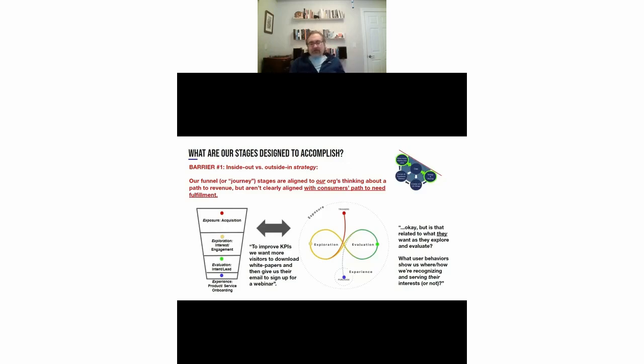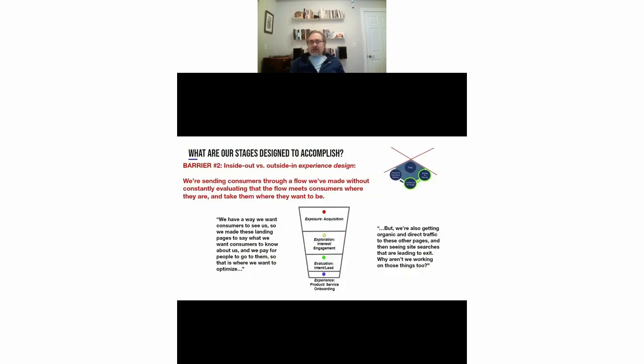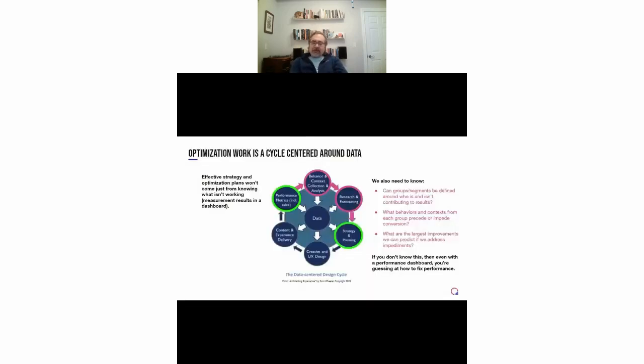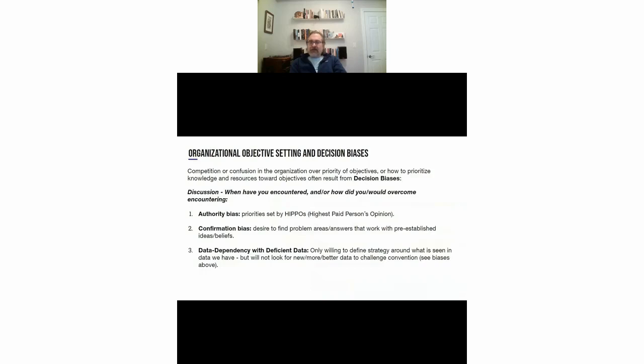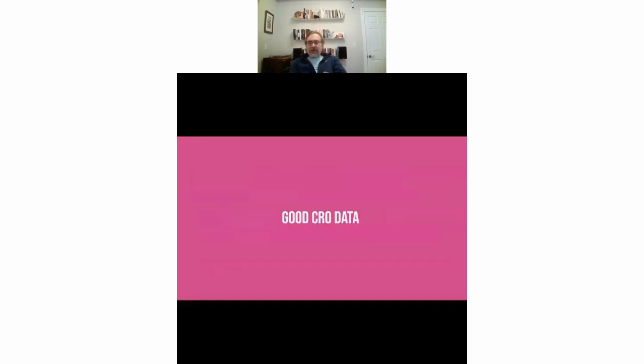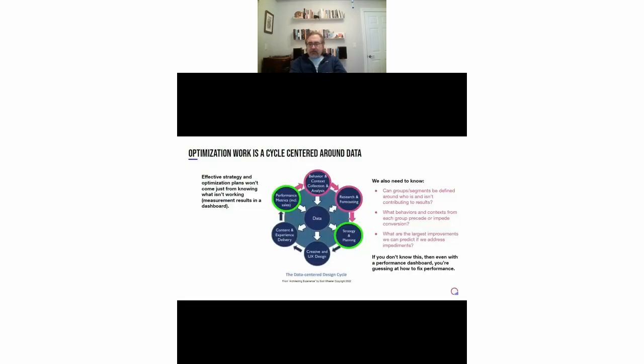So in some cases, it'll seem like overkill, right? In some cases, there won't even be the data. It'll just be, no, we decided at the beginning of the year that we were making this investment in these landing pages. So that's where we're optimizing. So, the way to overcome these problems, authority bias, confirmation bias, data dependency, is from starting from the bottom and working back up. If you don't have enough data and you don't have this data in the upper circles, that's the place to start. Because once you get that data,